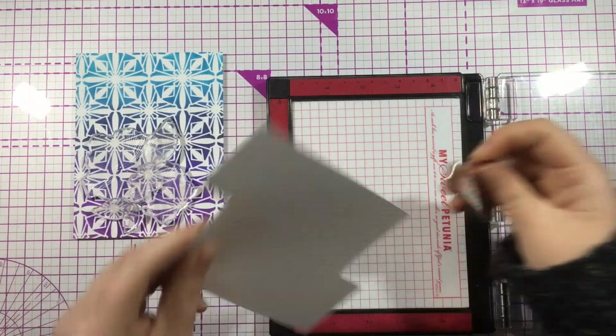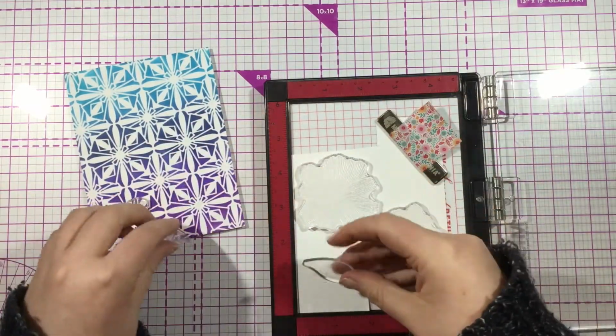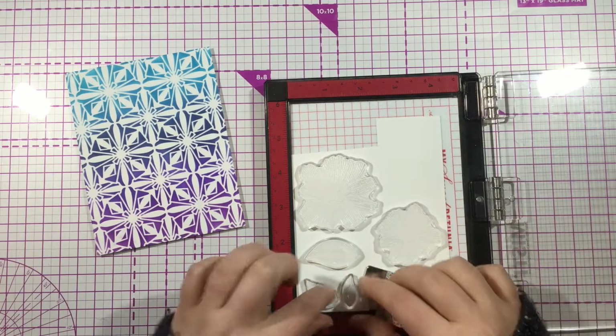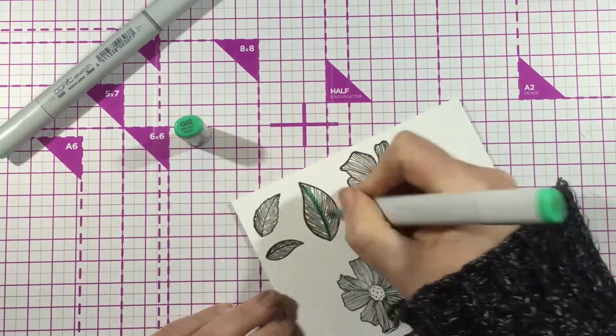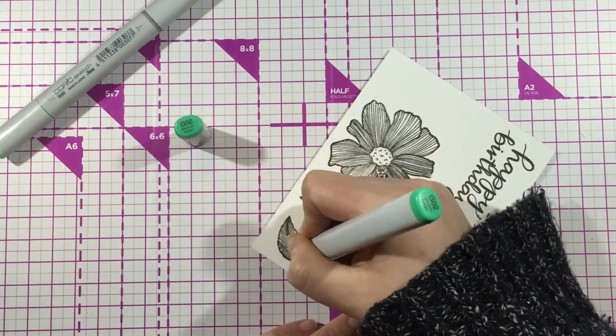Now I know you can't see it because the stamps are clear, but I have arranged some of the stamps from the Sentimental Flowers Stamp Set onto my card, just to kind of get an idea of how I wanted to lay out this card. I stamped some of those gorgeous florals and the coordinating leaves onto some Simon Hurley Create Stark White cardstock,